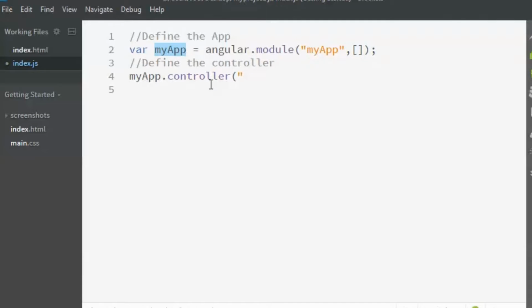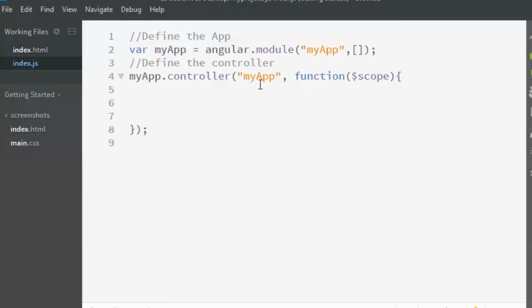In this case the name is myController. Close the double quotes and put a comma, then type in function, and I'm going to put in the $scope variable because this is needed in AngularJS for the file to run properly. Now here we put a curly brace and a closing curly brace, and here we can define whatever we want, like the functions and all that stuff. I'm closing the round brace and putting a semicolon.